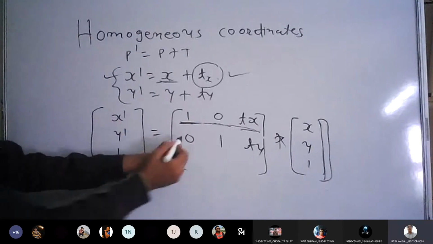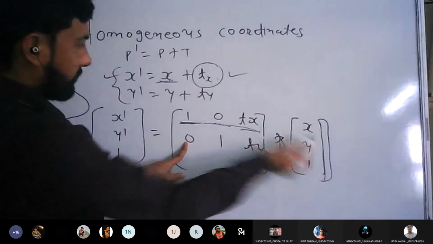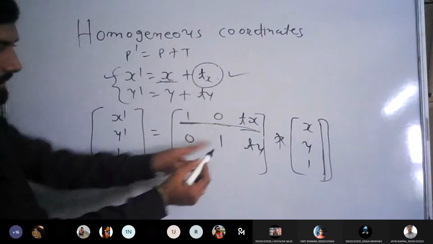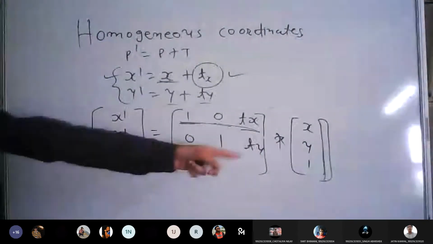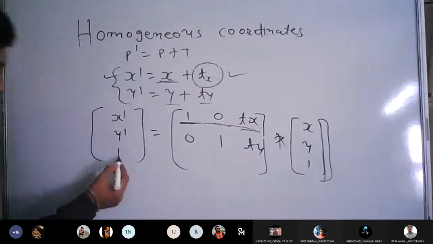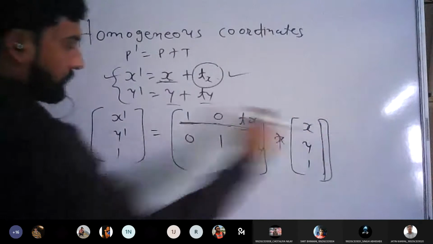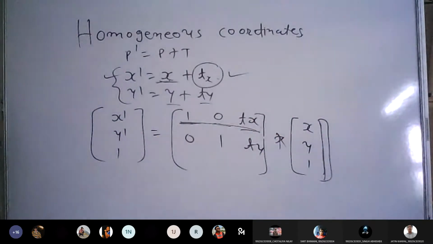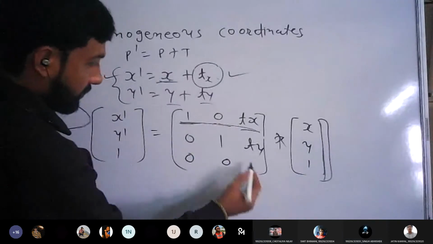And so now if I multiply this, then it will be 0. Yes. 0 into x, which is 0, so there is no term which is having x. Then 1 into y, which is y, plus ty into 1, which is ty. What else? In the third parameter, what should I write? So that it will be 1 equal to 1. Still I need to write the third row. Number of columns and number of rows both must be equal. सब में 0 0 आ जाएगा. 0 0 1.